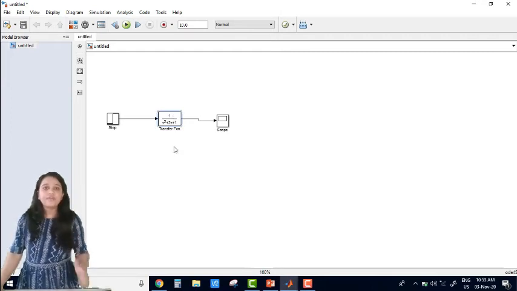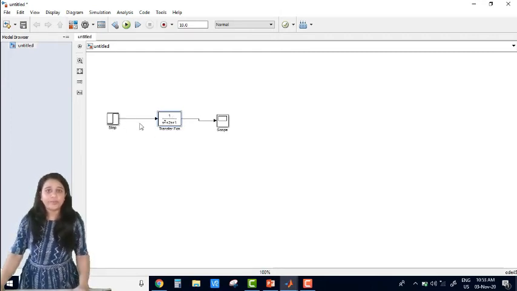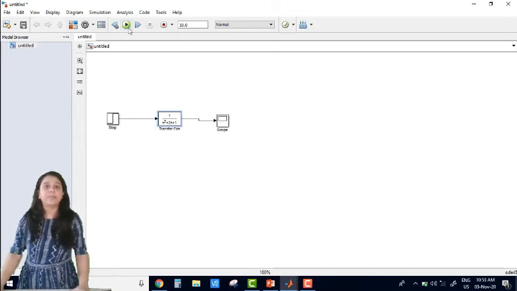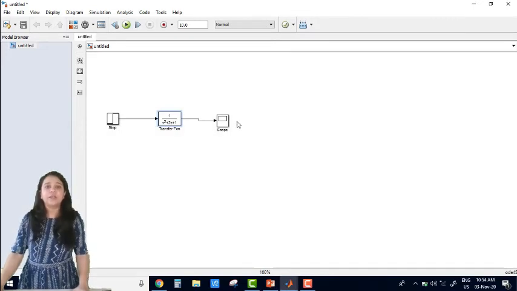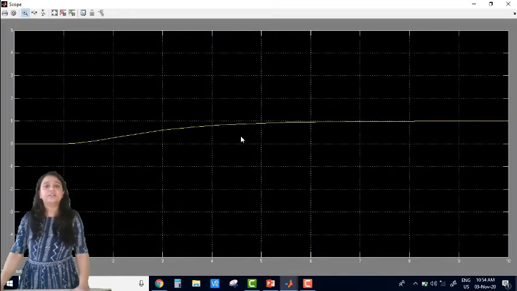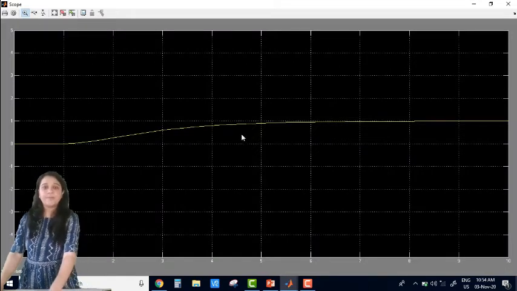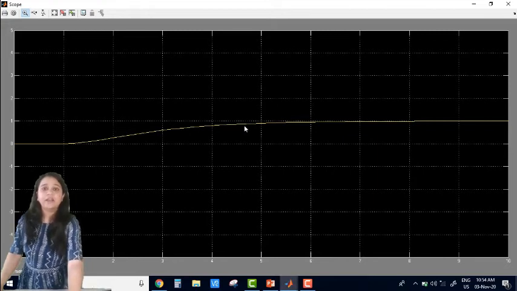Okay. So whenever we apply a step input in the second order system, we can run this system and then we can check this system. So which type of system is there? This is the critical damp system. Okay. Now if we